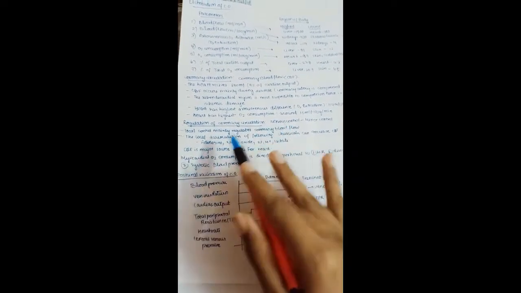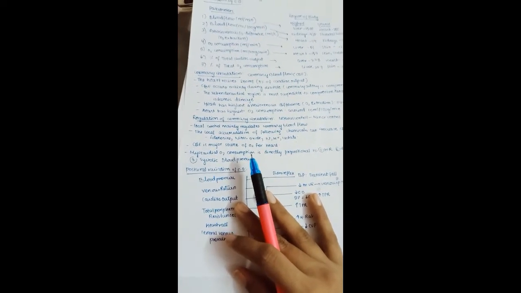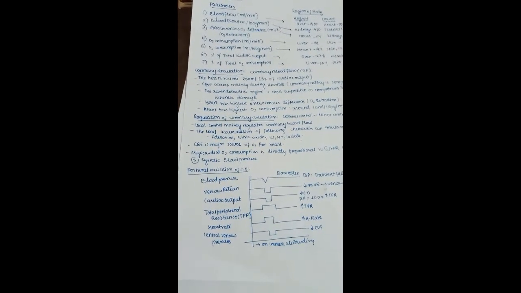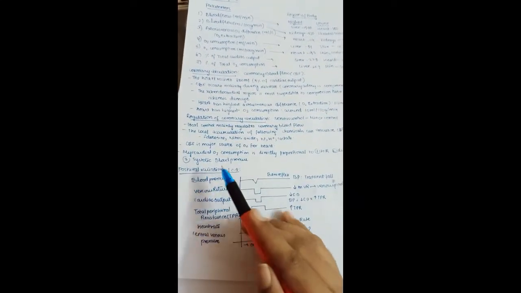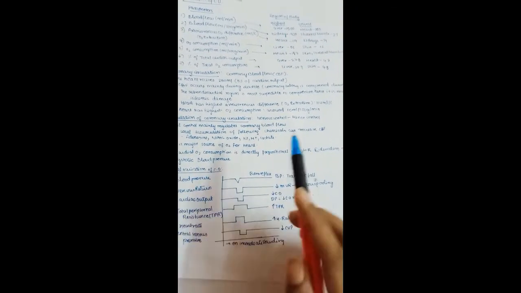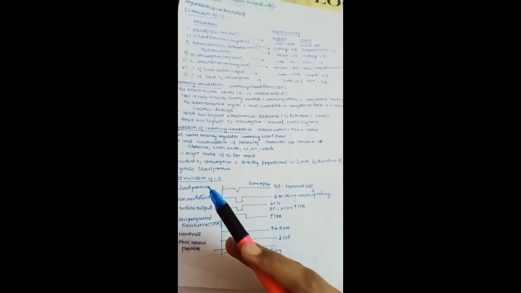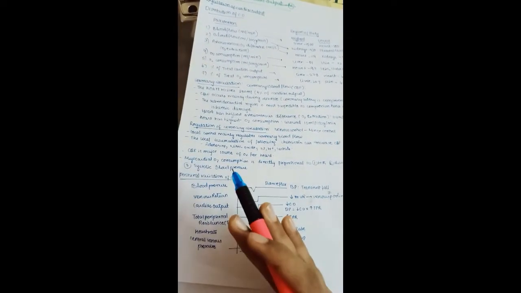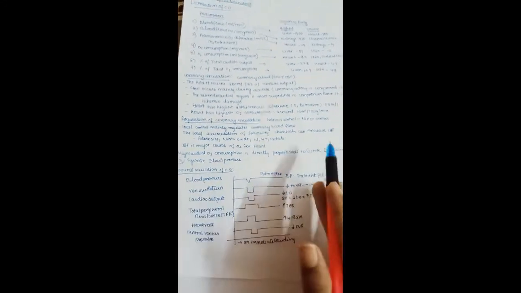So you can see all these chemicals can increase the coronary blood flow. These are the local factors which increase the coronary blood flow. Coronary blood flow is a major source of oxygen for the heart. Yeah, of course, the blood only carries the oxygen. Myocardial oxygen consumption is directly proportional to heart rate, duration of systole, and also systolic blood pressure. So if heart rate is high, then oxygen consumption is high, and if duration of systole is high, then oxygen consumption is high, and if systolic blood pressure is high, oxygen consumption of the myocardium is high. So like this they are related.